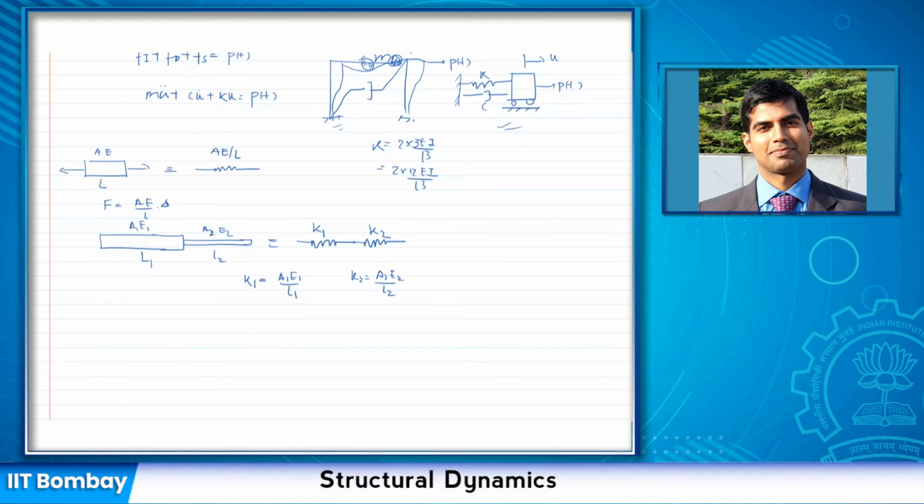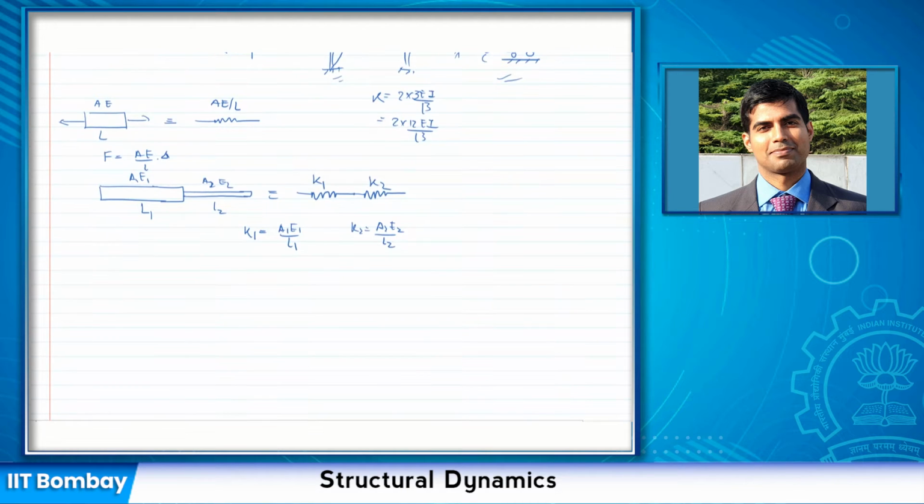Now, till we are dealing with only a single degree of freedom system, we would be representing only one mass. So the K equivalent needs to be represented for different springs, and there would only be one mass. However, when we go into multi-degree of freedom systems, we will see that we will have multiple masses as well. And there the formulation would be a little bit different.